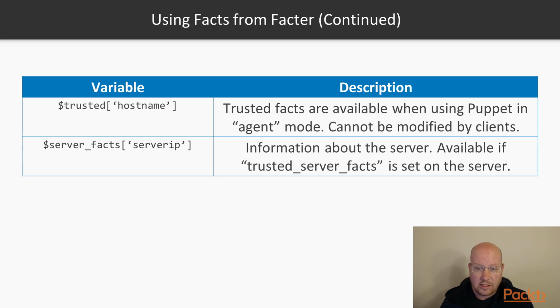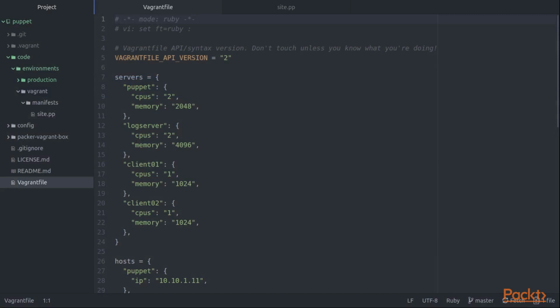Now that we have a way to access them, the question becomes: what are some examples of something useful you can do? So I wanted to show you an interesting example of what you can do with facts. This is kind of a neat approach and uses a feature of Puppet that I think is actually pretty useful and worth showing. Within this example environment that I've created, I'm using Vagrant to create multiple virtual machines, and that